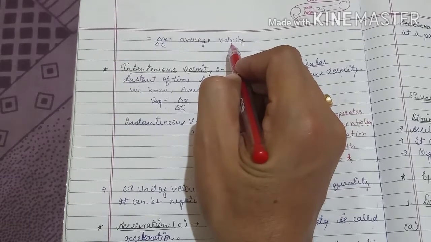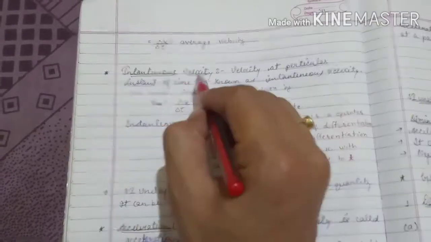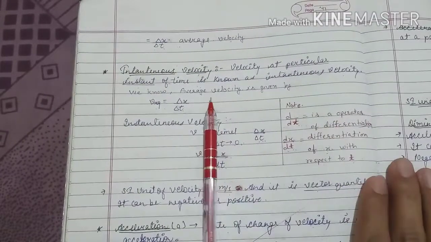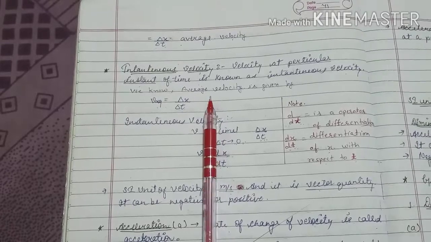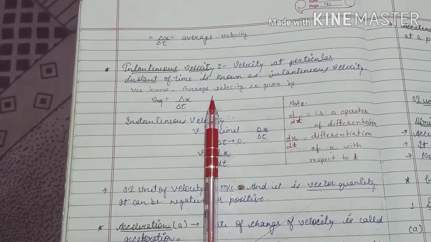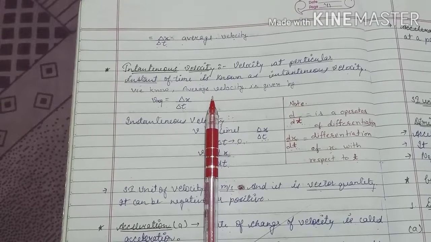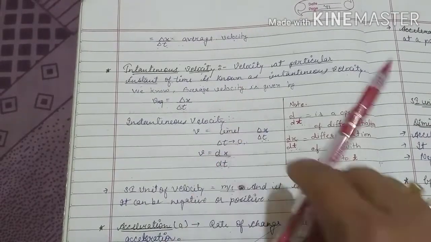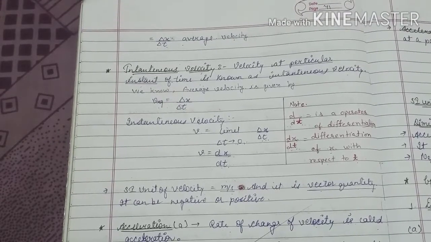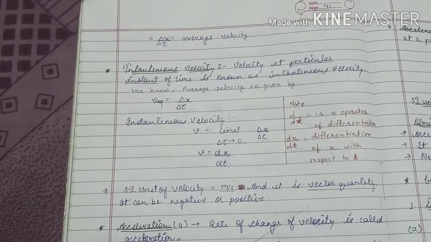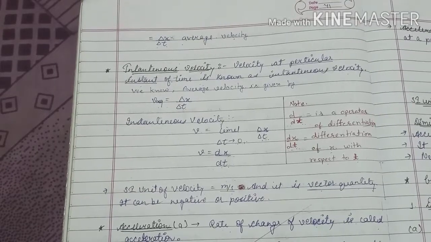Now we have instantaneous velocity. What is instantaneous velocity? Many a time, if we travel a longer distance, suppose we travel from Sikar to Jaipur, its distance is nearby 110 kilometer, and we took nearly 2 hours, then our total average speed or average velocity is 110 divided by 2, which comes out to be 55 kilometer per hour.